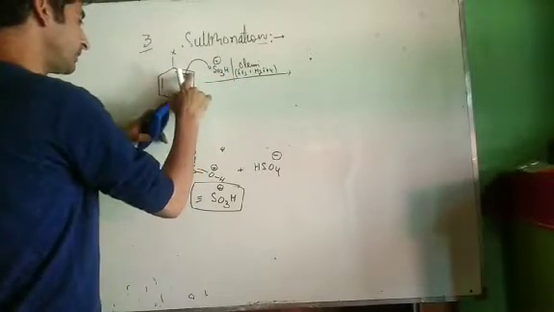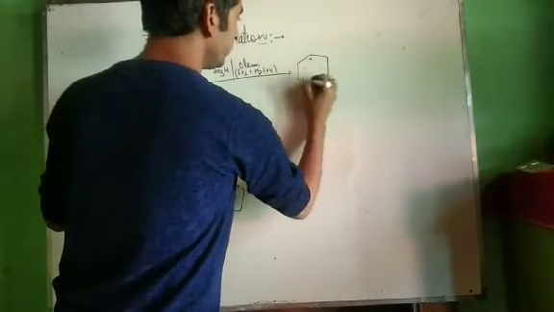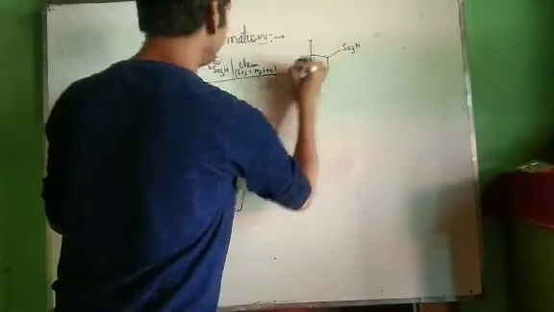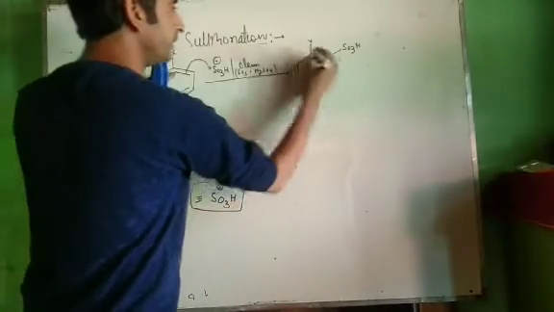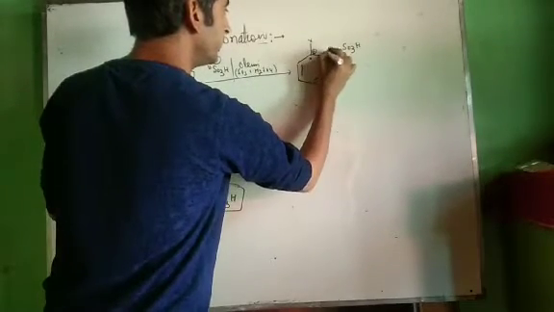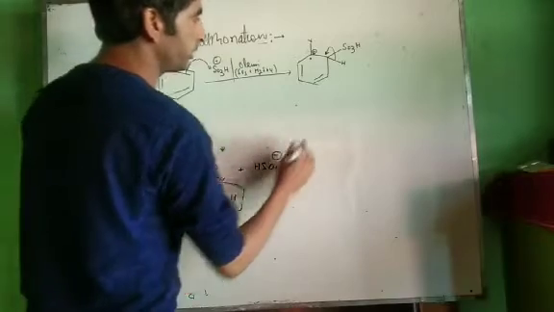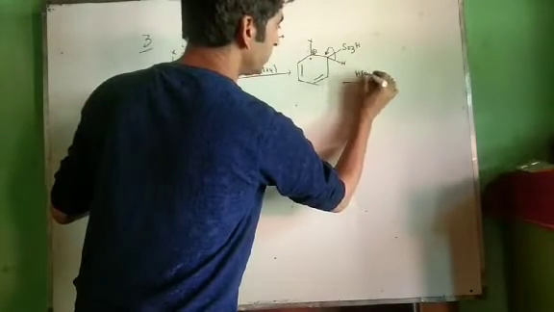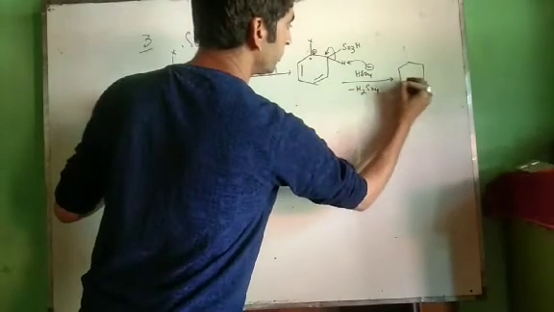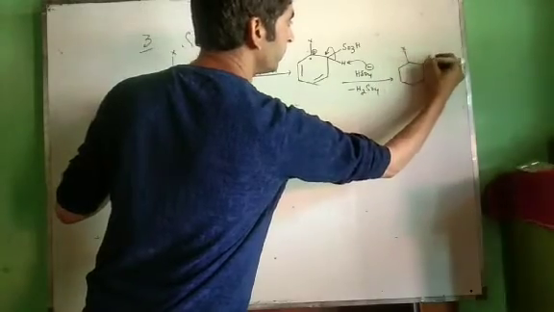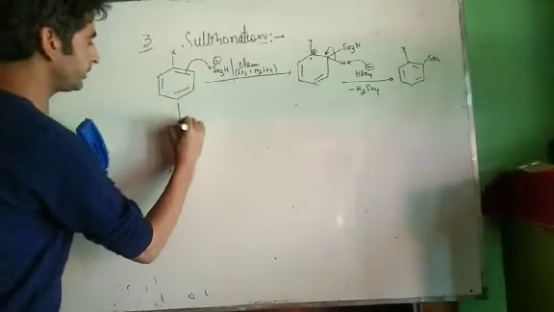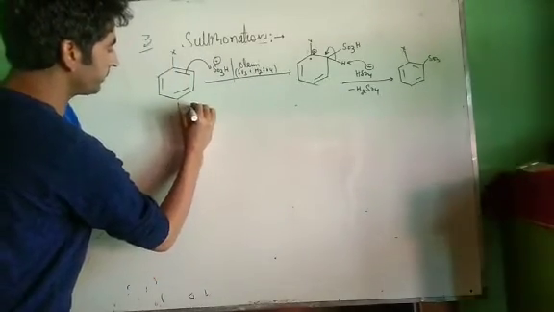Either the substitution takes place at the ortho or para position. We get SO3H, the ortho sulfono derivative, and this is the halide over here. When this bond breaks towards this side, we have a positive charge over here and we have hydrogen over here. Now in order to regain aromaticity, this hydrogen is lost. This hydrogen is taken by HSO4 negative, this base, so that H2SO4 is generated back and we get the ortho substituted product. Similarly, we can get one more type of product, that is the para substituted product.